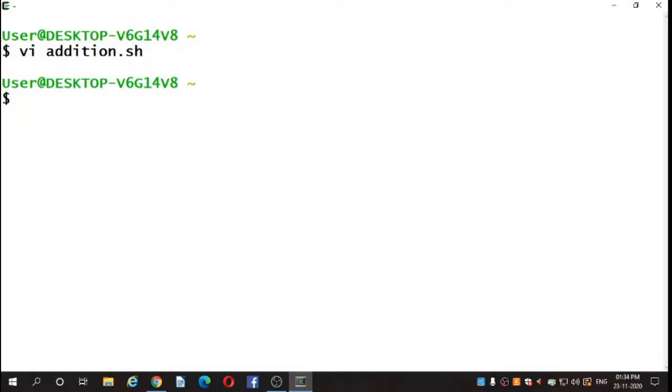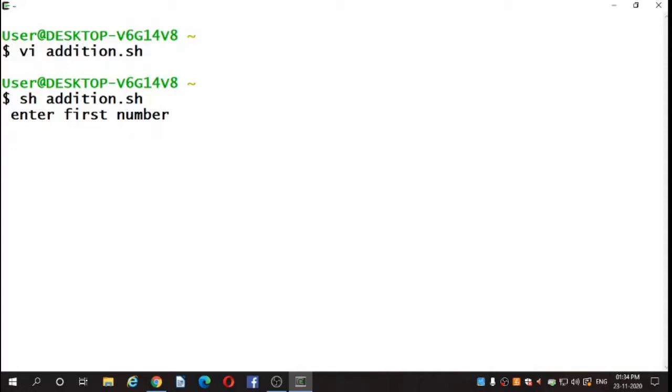So you will now be in the terminal, so type sh for executing this program, then addition, this is the name of the program, then .sh, then press enter.